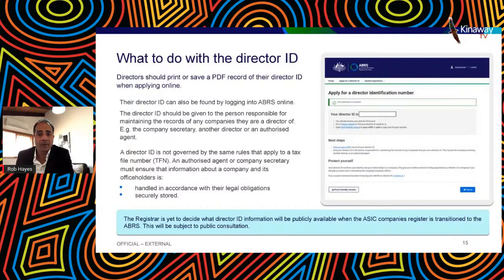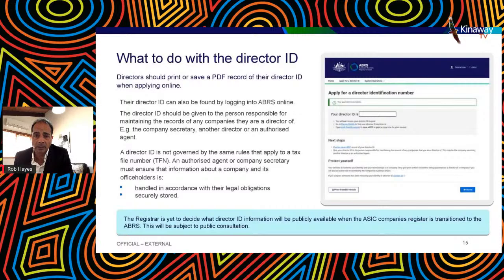So what happens when you receive your Director Identification number? Well, firstly, you can save a copy of the electronic version of the Director Identification to your own computer by saving a PDF copy of it. It is available through the